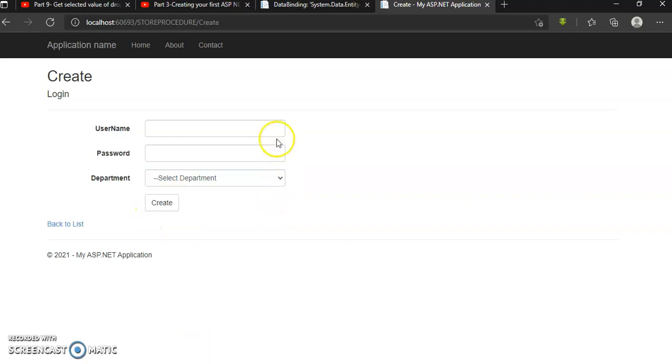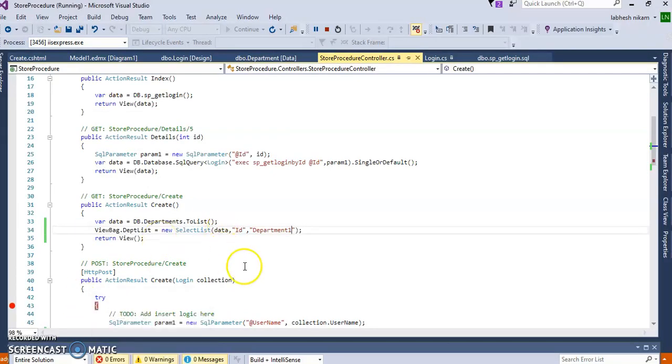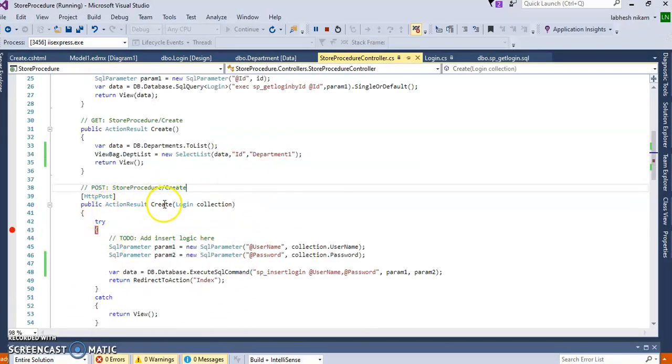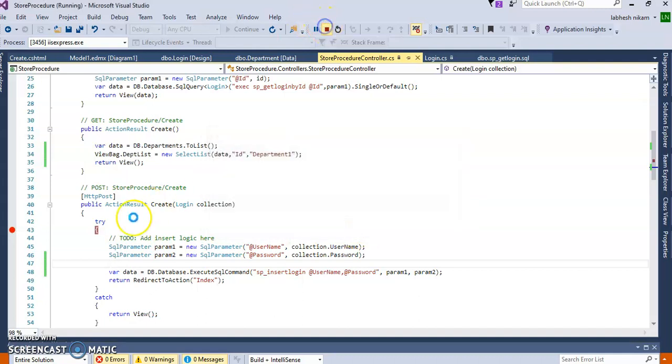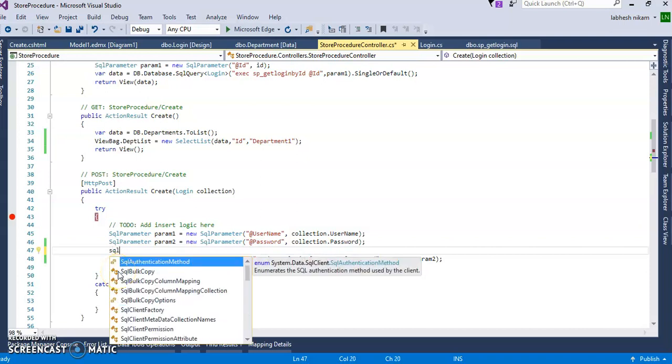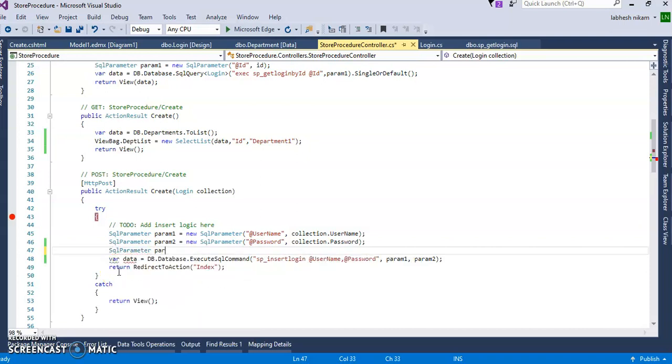Now we have to save this data to the data table. For that I use this create button. To save the data using the HTTP post method, we have to change in this HTTP post. I have passed the parameter from the login table collection, and we'll add here username, password, and one more property, SqlParameter param3 equal to new SqlParameter, and department.